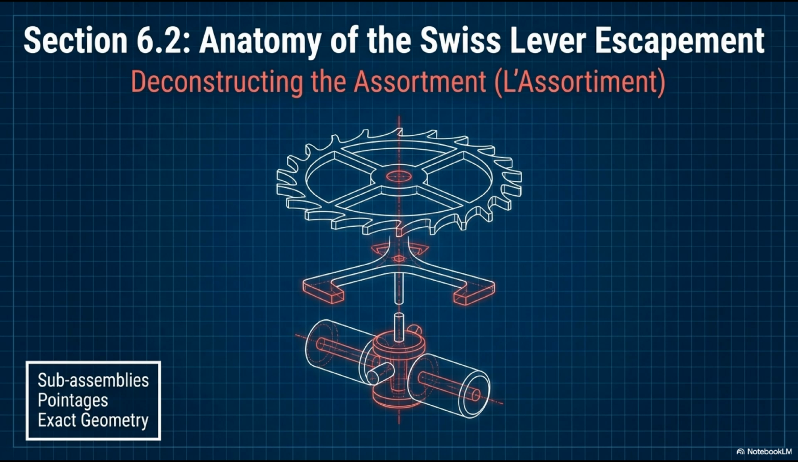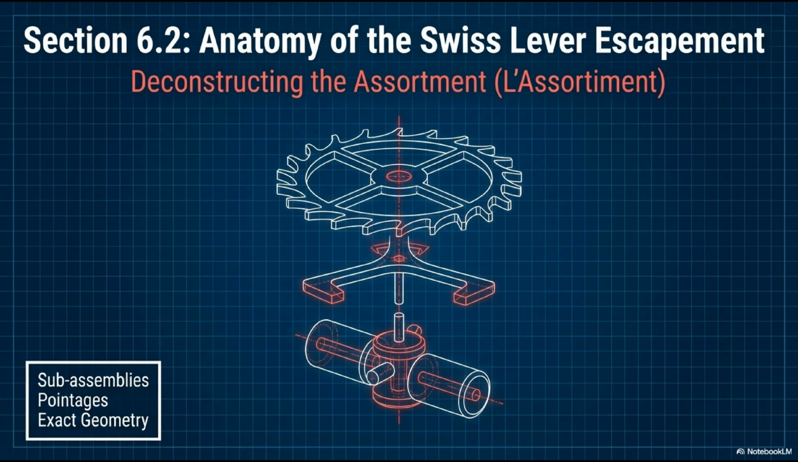Changing the escape wheel radius forces a recalculation of the pallet fork arm lengths. Changing the pallet stone dimensions changes the effective impulse angle. Changing the roller diameter changes the impulse pin position and therefore the fork mouth geometry. It is one integrated kinematic system, not a collection of independent parts, and it must always be replaced, adjusted, and